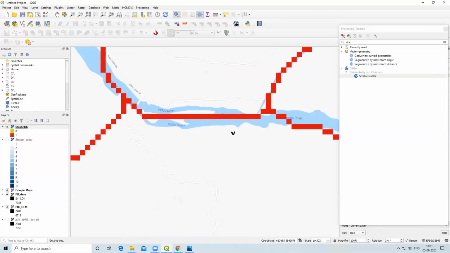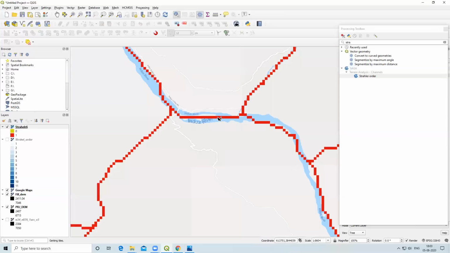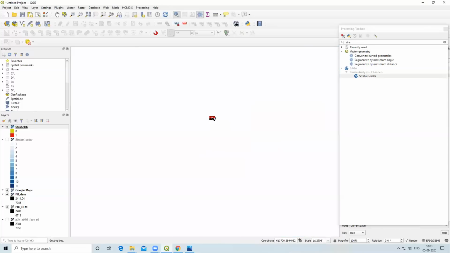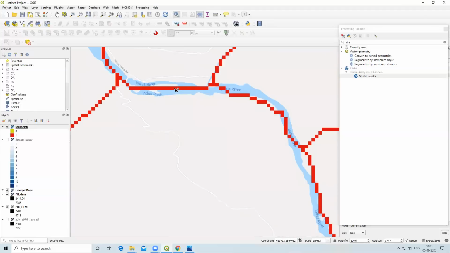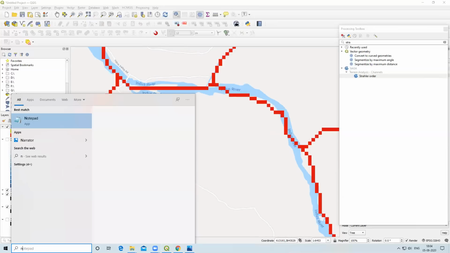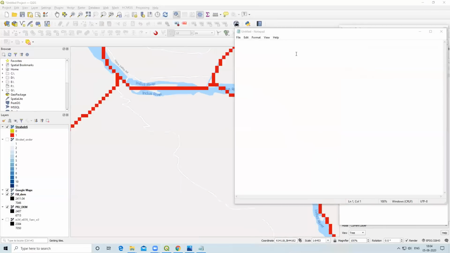So I am deriving the watershed corresponding to this channel network. This is the Indus river, one of the biggest rivers. I am selecting the corresponding watershed and drainage area which contribute to a particular location along this river. To get that, I'll open my notepad and take the value of this point.